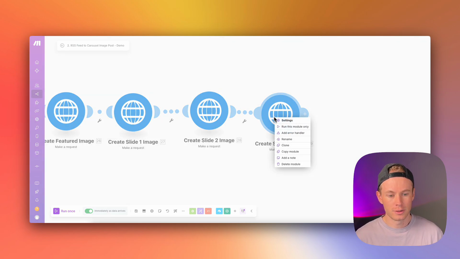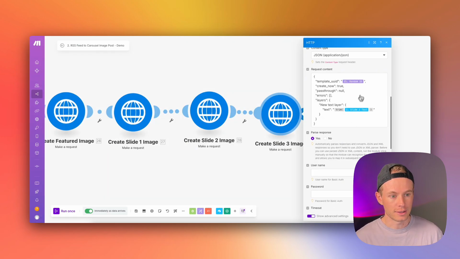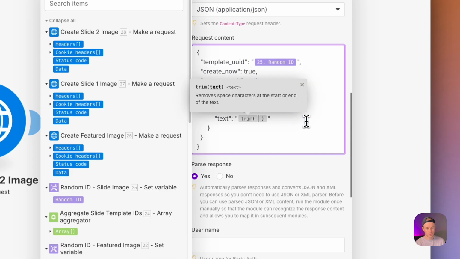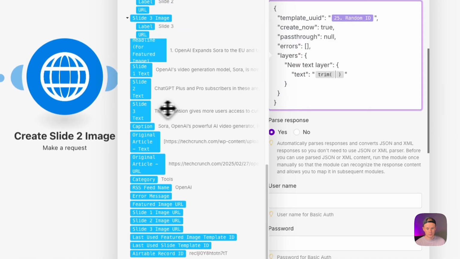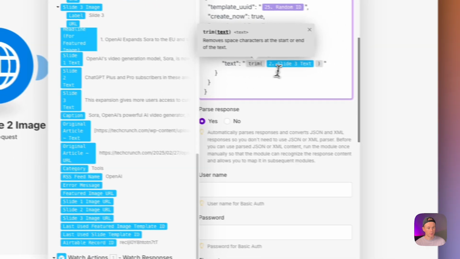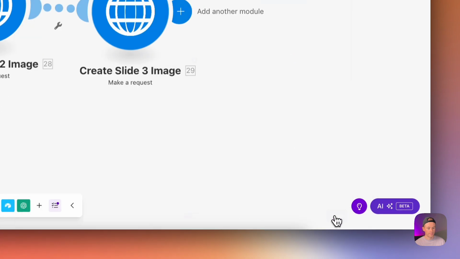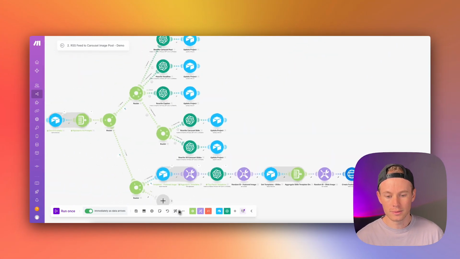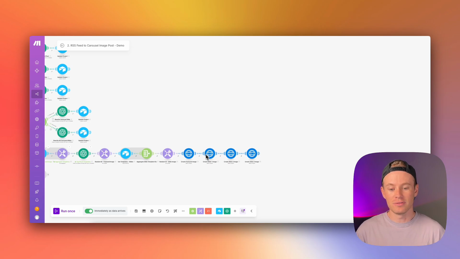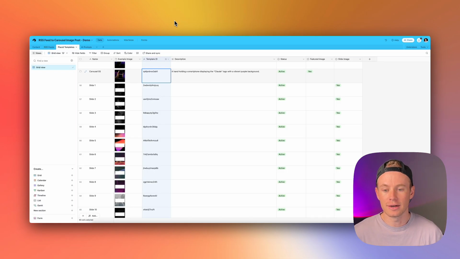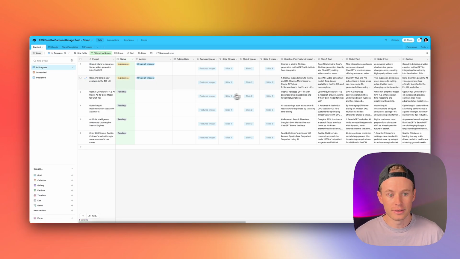slide three image, go in and change the text to slide three text. Slide three text variable, just like that. Realign. Let's go ahead and run this once so that we have the variables that we need to update our Airtable record. So we'll say run once, go back to Airtable, go back to our content, and let's do this